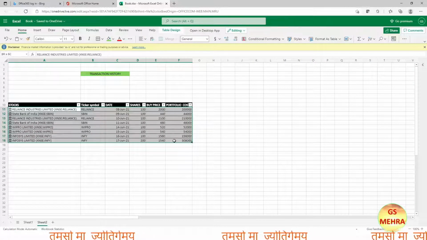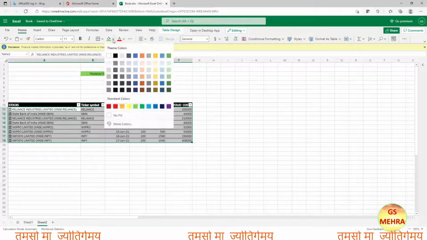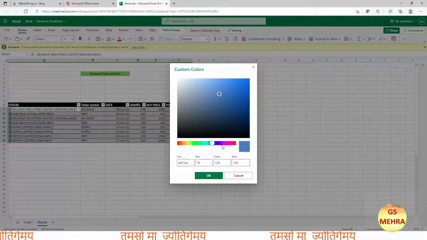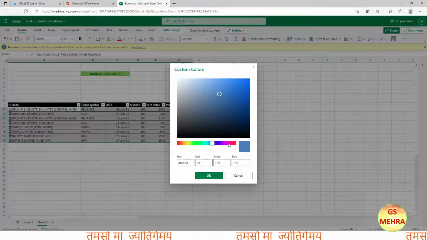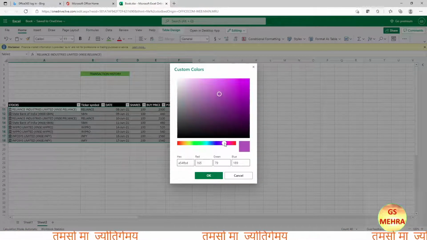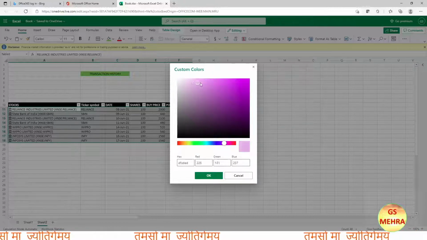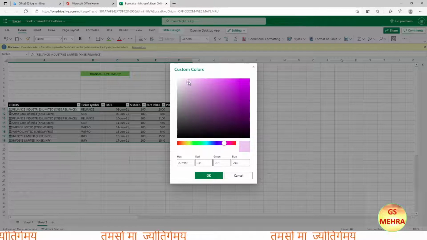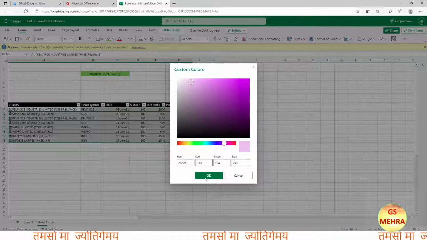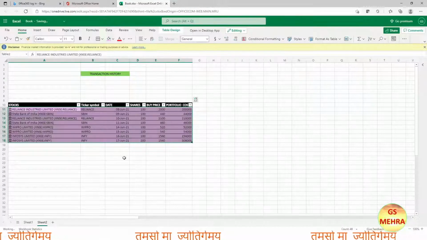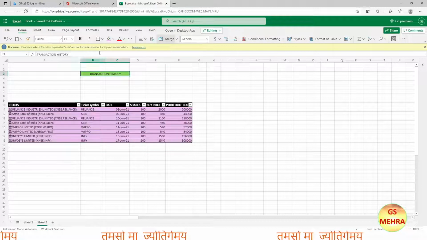Moving to more colors, let us go to these purple colors, and you can see this small ring, which we'll drag to take a light color, because a light color will be helpful so that we can see the numbers also. So here we are, we have colored our table of transaction history, and let us increase the font size also to 14, so it will look nice.